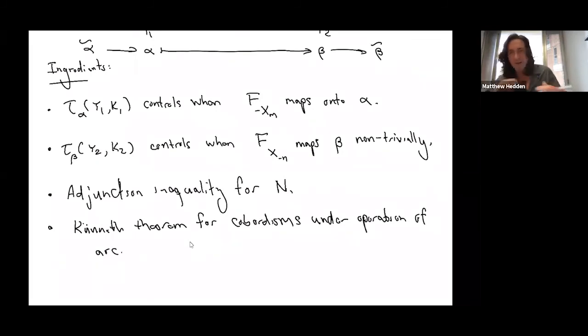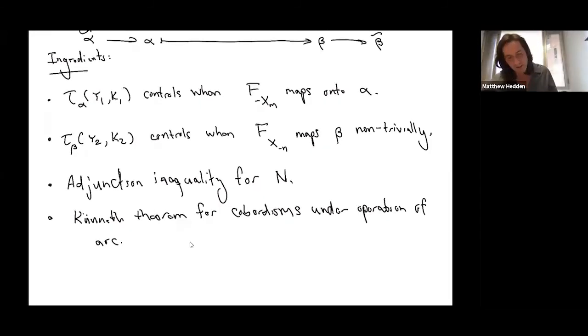So if I have properly embedded arcs in two Floer manifolds with boundary, I can take a neighborhood of those properly embedded arcs and glue them along the resulting S2 cross an interval. And so the kind of Künneth theorem for connected sums of three manifolds has a sort of functorial interpretation with respect to those types of cobordisms. And we use that to get this adjunction inequality for N, and then